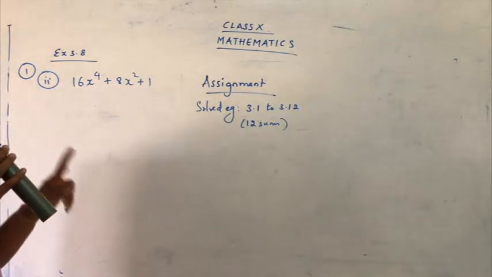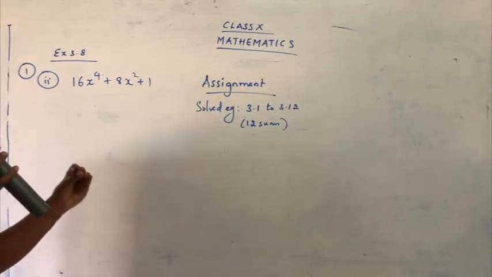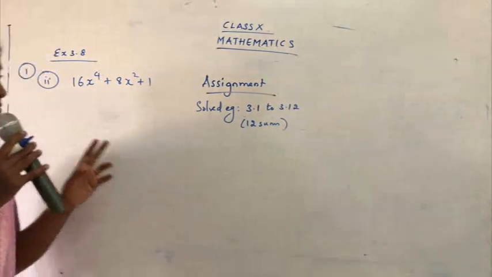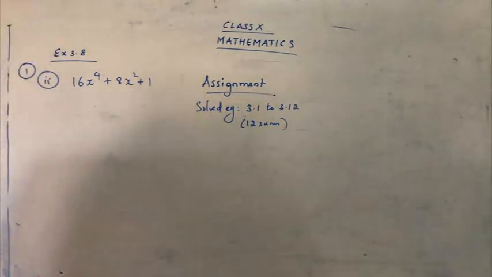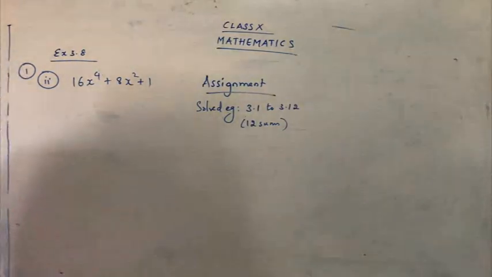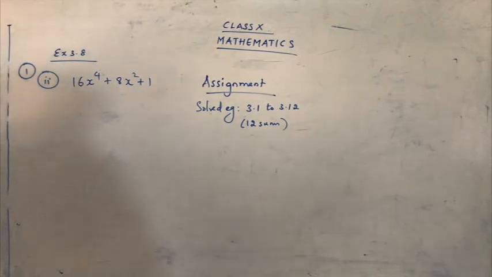When the date is announced for submitting the assignment, you have to submit it. The details will be given through your circulars. Okay, so what's your assignment, children? Your assignment is to do all the solved examples, that is from 3.1 to 3.12. So go on solving the sums. Do not keep it till the last date is announced. Just keep your assignments ready.